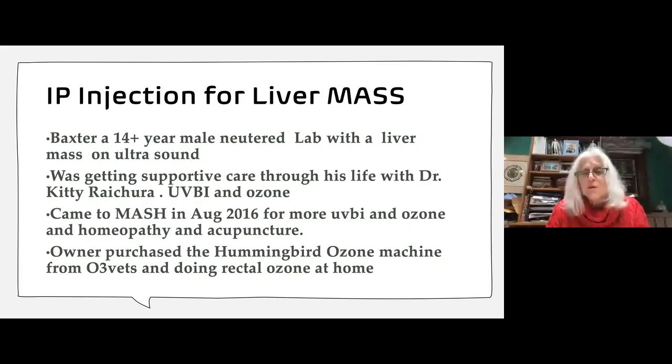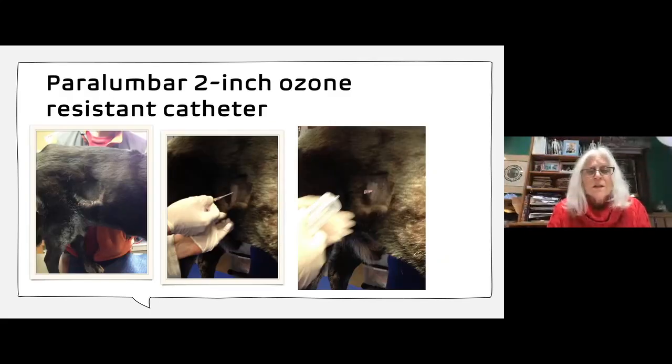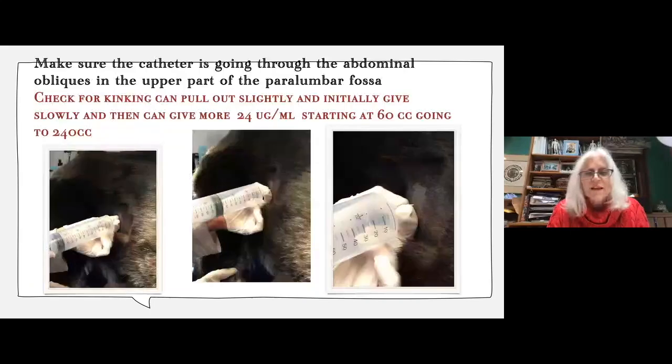And the owner had purchased a hummingbird machine and was doing rectal ozone at home too, supporting the dog. So here's the perilumbar area where we're shaving. We're putting the catheter in. We're showing how the catheter is in that size plank. And then we're hooking the needle up and making sure that the needle doesn't